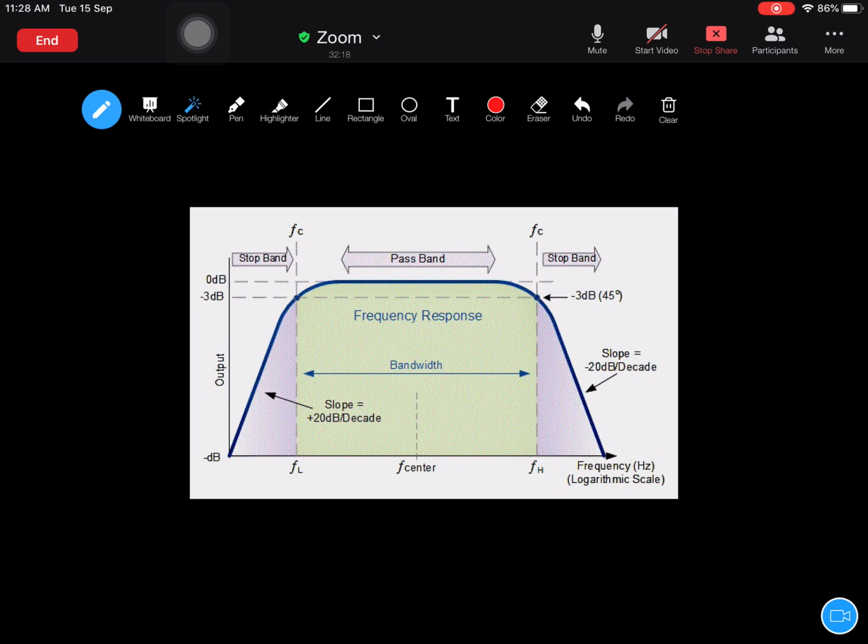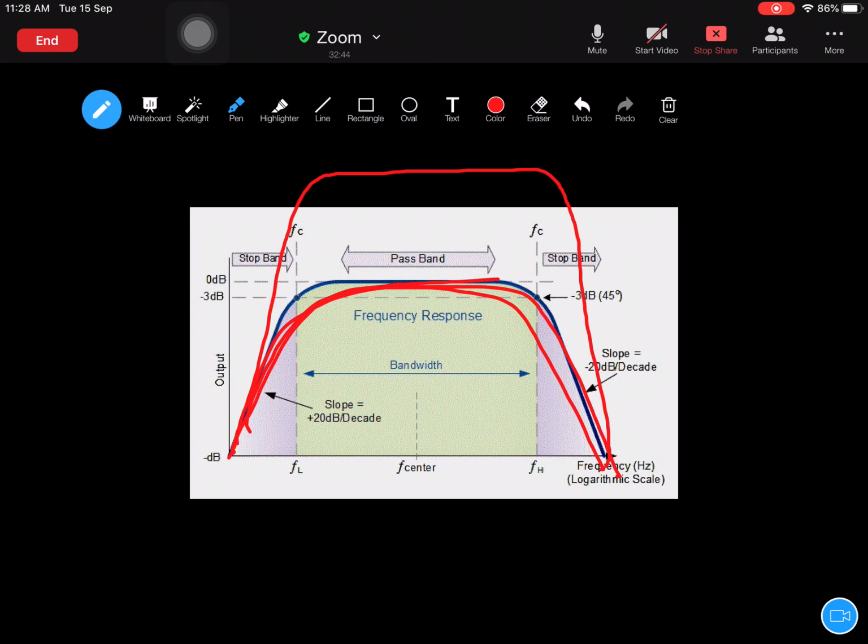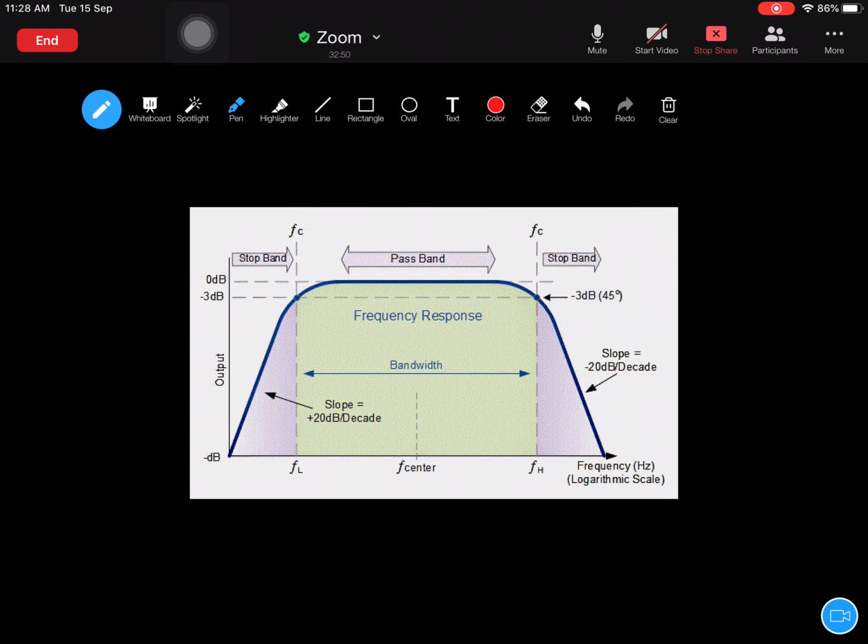And due to that reason, you can see the overall power gain will be smaller when compared to that of CE. This graph will be of a smaller range. If you consider the CE amplifier, it will be generally like this, but for CC and CB amplifiers, it will be a smaller range. The overall power gain will be a smaller value, and the half power gain value is also smaller for this. So generally, if you go for lower power gains, you have to go for CB and CC amplifiers.